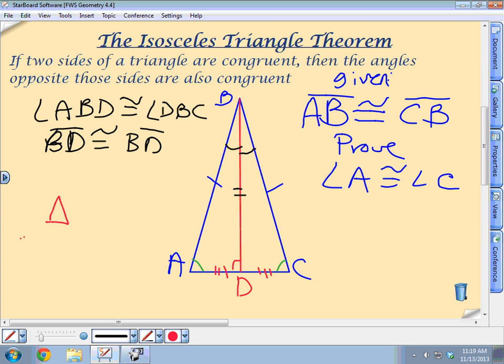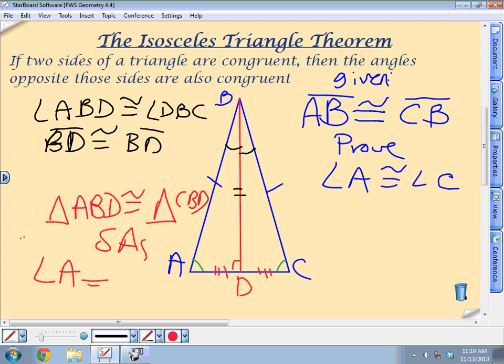So now I can say the triangle ABD is congruent to triangle CBD. And through what postulate? What postulate says those triangles are congruent? Side angle side, right? Side angle side. Okay. Now that I have these two triangles congruent, now I can say angle A is congruent to